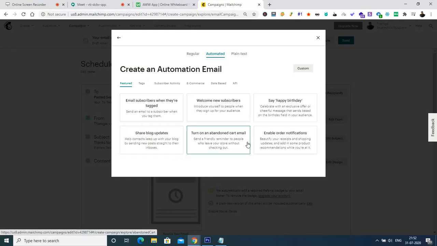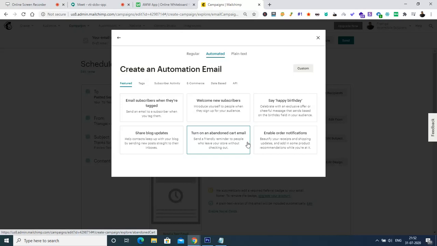Then what are the other options? We have the option to turn on an abandoned cart email. Send a friendly reminder to people who leave your store without checking out. For example, if someone came to the e-commerce platform and did not purchase, but came till the add to cart option, then we can send an automated email only to the audience who had not purchased.